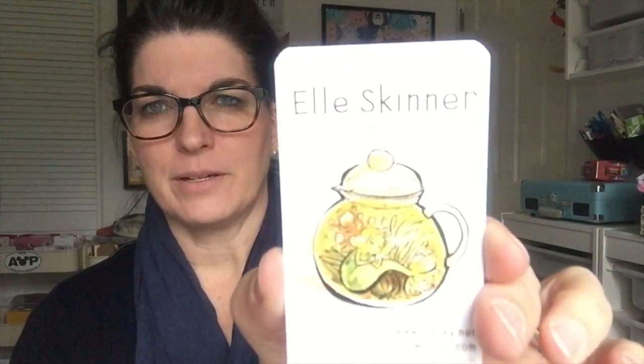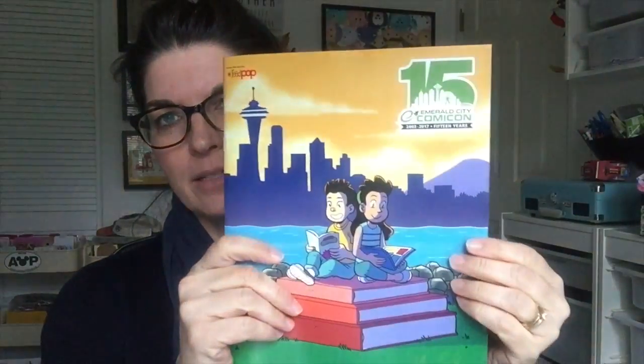Really neat. I liked this girl's work. Sorry about the lighting. It's a little weird. There we go. But yeah, it was fun. And this is the little catalog, but it's huge. It's like 6 floors of stuff. And then there's maps of all the booths and who's there. And so this is where we went